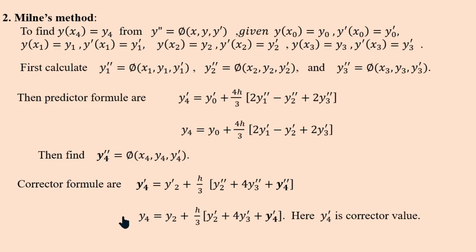The actual procedure is, after calculating this y4 dash, y4, again you substitute in this y4 double dash, and again do it once again. That means you are going to use the corrector formula repeatedly, but in your syllabus only one step is enough, no need to repeat this. So example,